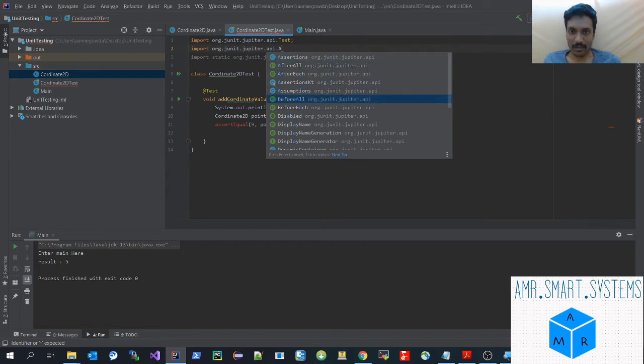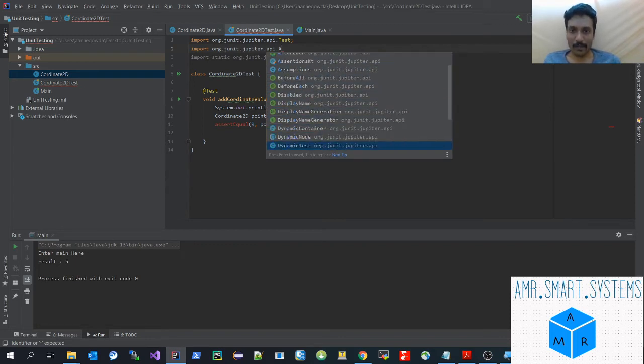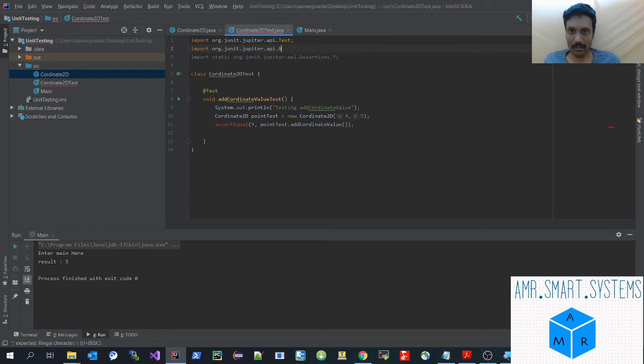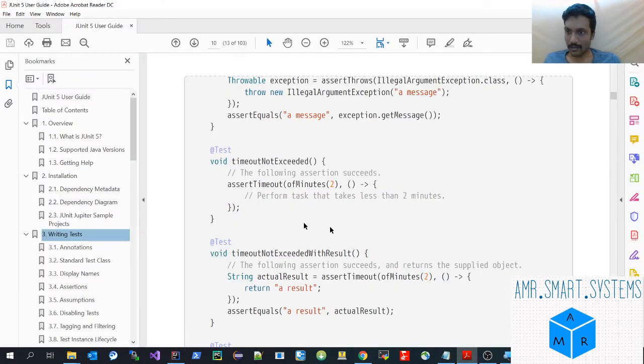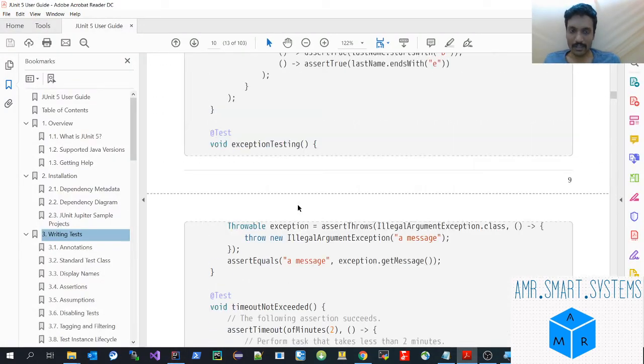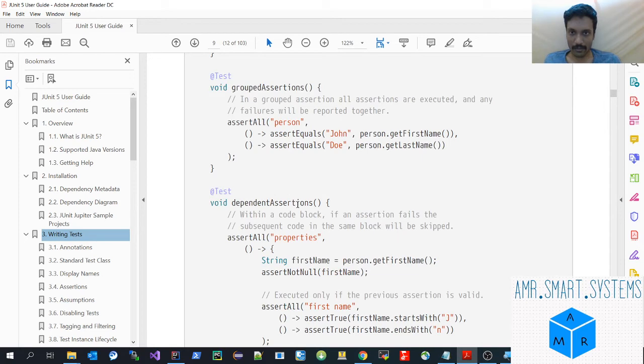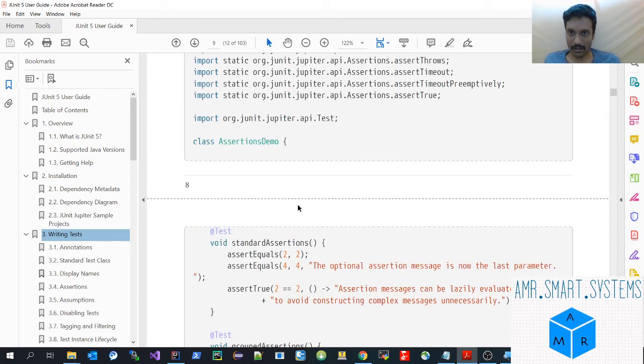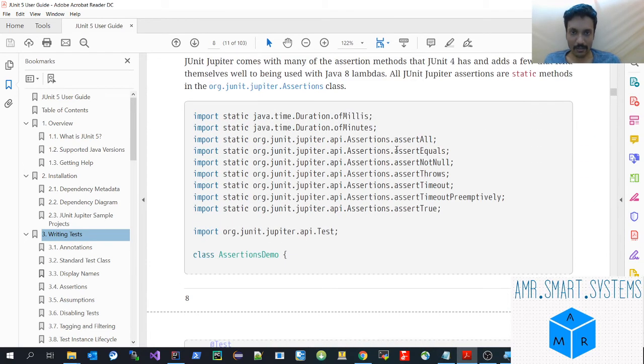So these are possible include things. So let's go through once what all things we can add. So let's go through the document. What did we miss? Okay, assets equal,